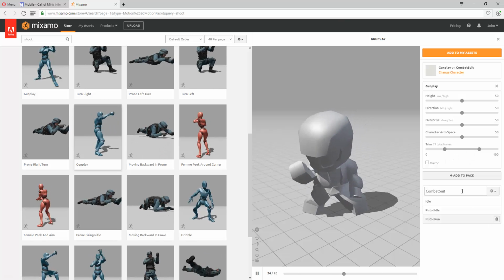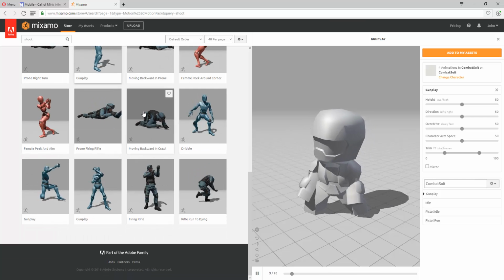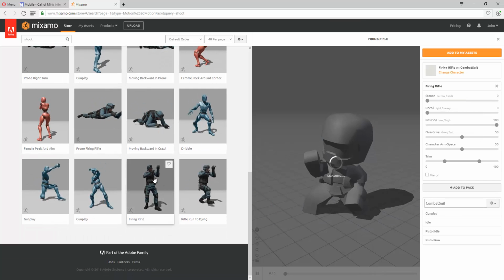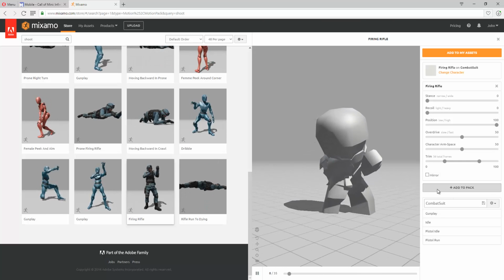We can actually edit this animation, so I'll just add it, but it may not be something that we actually use. Firing rifle. So we're going to need that.